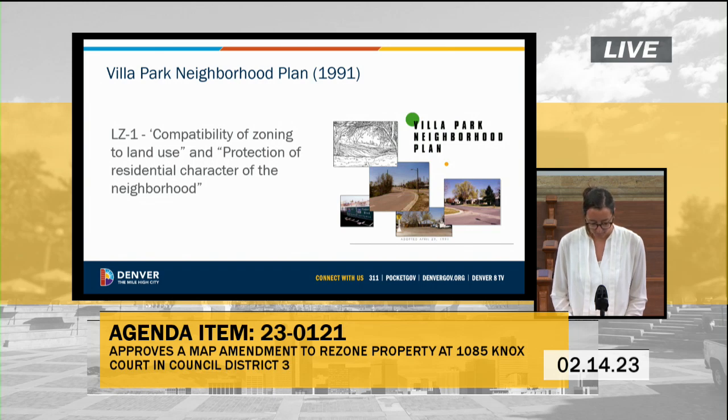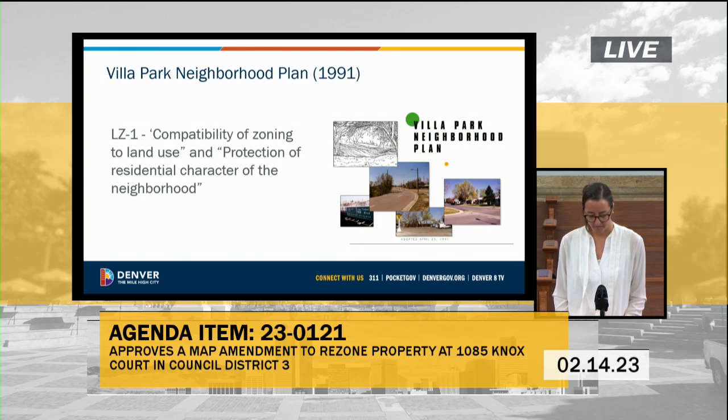pay attention to. The proposed zone district allows development that is similar in scale to the existing pattern, while allowing additional density and investment along the light rail line, which was developed after adoption of the Villa Park Plan. The proposed URH 2.5 zone district complies with the land use and zoning visions of the Villa Park Neighborhood Plan in terms of protecting the residential character of the neighborhood. The plan recommendation discouraging higher density development predated the public investment in the development of the adjacent light rail line and the development of more current land use recommendations in Blueprint Denver and the West Colfax Plan.